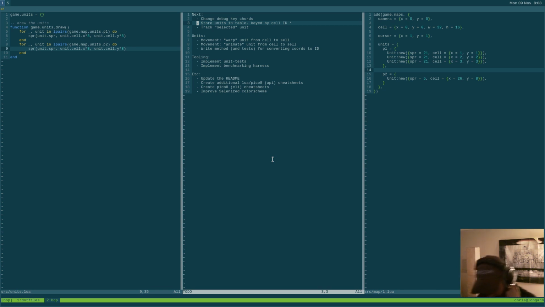I think the general mechanism is that we're going to want some kind of table of units that's bound to the current map, whereby each unit is keyed by some value that signifies the square that it's on, or the cell that it's on, because that way when a user clicks with the cursor, it will be a constant time lookup to see if there's a unit in that cell. What I don't know is how we want to